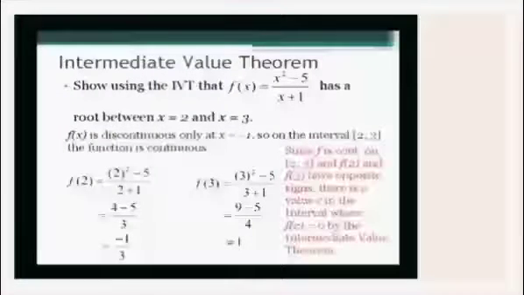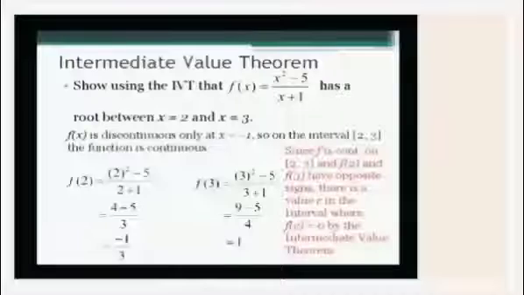Let's go with another slide. Intermediate value theorem: show using IVT that the function f of x is equal to x square minus 5 by x plus 1 has a root between x is equal to 2 and x is equal to 3. Here f of x is discontinuous only at x is equal to minus 1. So on the interval 2 comma 3 the function is continuous. Substitute the values of x in the function. So f of 2 we got minus 1 by 3 and f of 3 we got